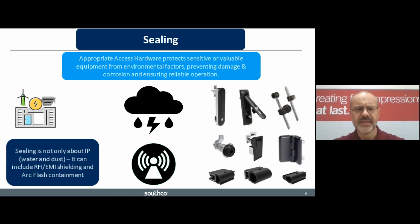It should also be said that sealing isn't just about IP. That's water and dust. It can also include RFI and EMI shielding. So there can be a number of different reasons for choosing the sealing or a gasket, including arc flash containment, which if you're in that electrical high voltage industry, you will know the importance of that. So we have a range of products that would suit most applications, but they do need to be considered when